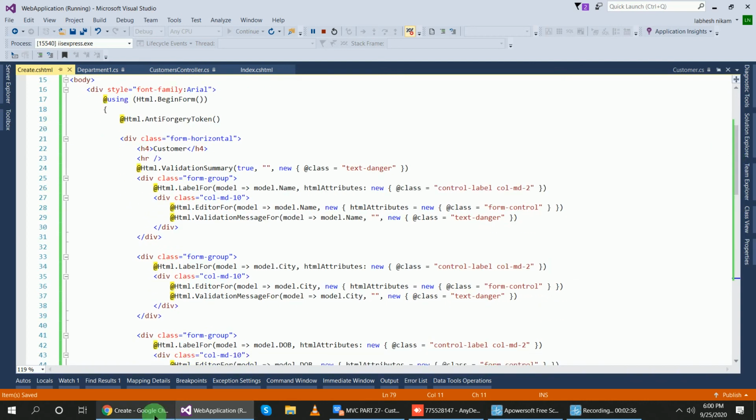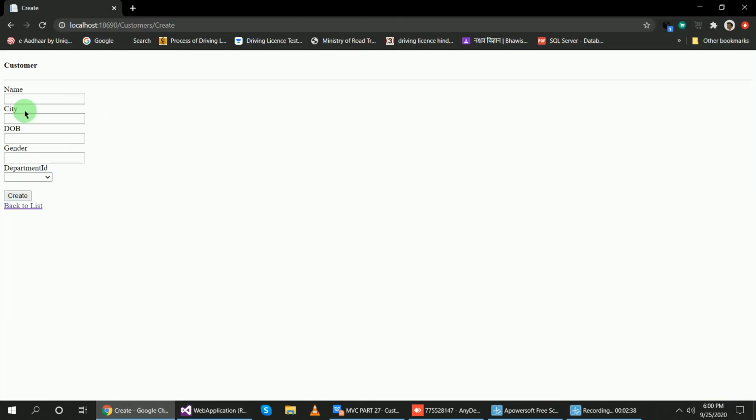Now the problem in this customer create form is that the gender field must have a drop down list for male and female to select. And for the department ID there is an empty string.